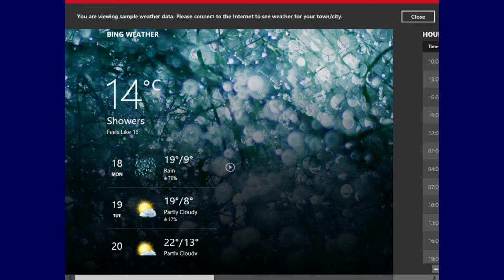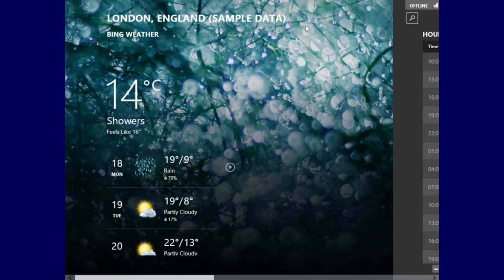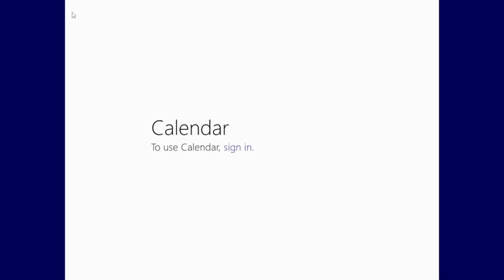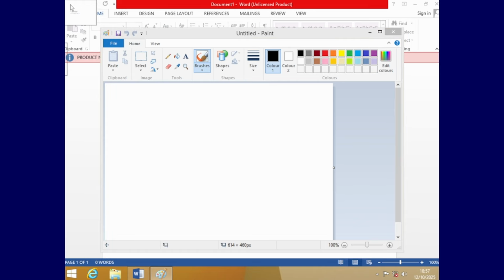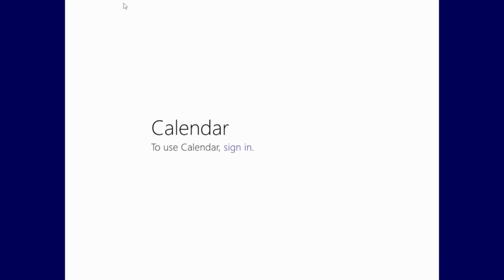You're viewing sample weather data. Please connect to the internet to see the weather for your town or city. That's fine. Excellent. So, yes, you can go back and forward between your Metro apps, but it'll only let you go to the desktop, not to each individual desktop app.